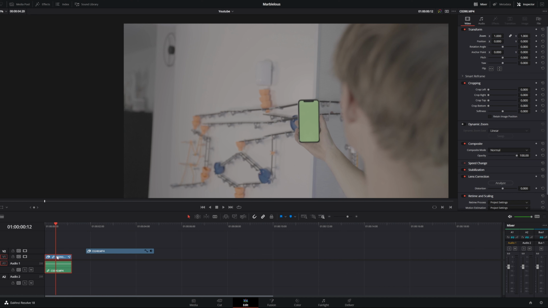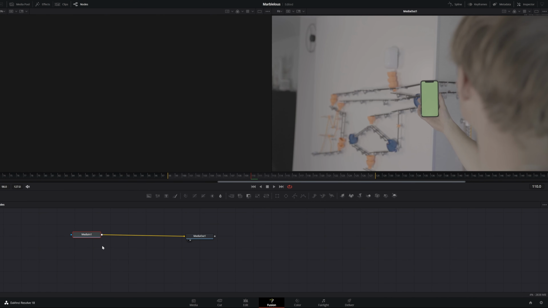So you're gonna select your video clip and then we go to the Fusion tab. Okay, so this looks a bit overwhelming, but it's really easy. You can see this as your video clip, and everything that you put between this line will affect your video clip. We're gonna use the delta keyer, and to open our delta keyer tool, we need to hit Shift spacebar